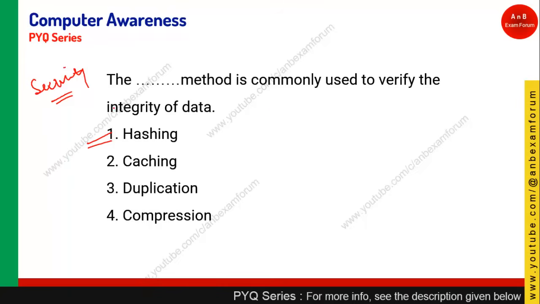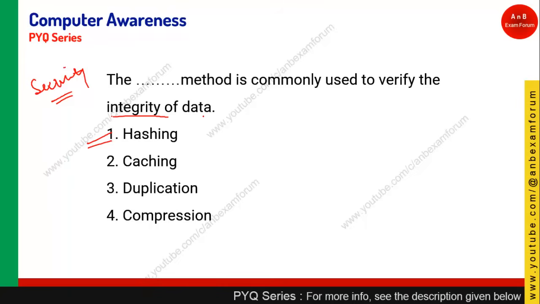What do you mean by integrity of data? Like I have sent some information to some other person on the network, so the data which I have sent to the other person should not be modified in between. Okay, if it is modified, it is not integrated. If I am able to get whatever message I have sent as it is, it is integrated, so it is basically done with a technique called hashing. Okay, some mathematical functions are used in cryptography, but the main purpose is to verify the